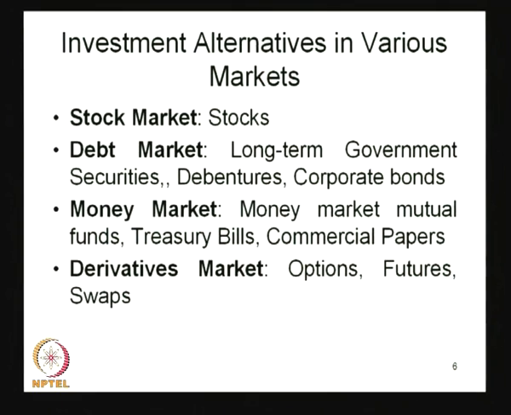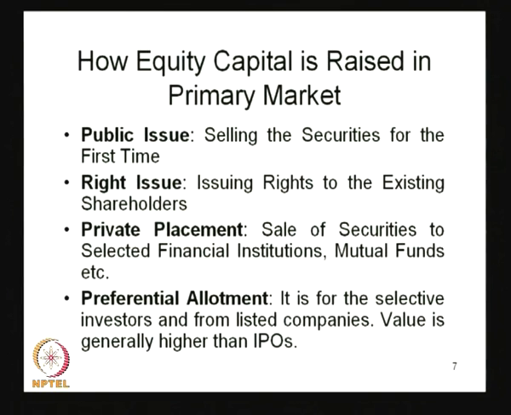And whenever we talk about the derivatives market, the various instruments available are options, futures, and swaps. Within options you have different types, you have the call option and the put option, and in terms of futures we have instruments like the interest rate future, or we can talk about the exchange rate future, etc. There are various types of future markets available in the context of derived instruments. If the instruments are different, then the investment alternatives in the derivatives market are also different.